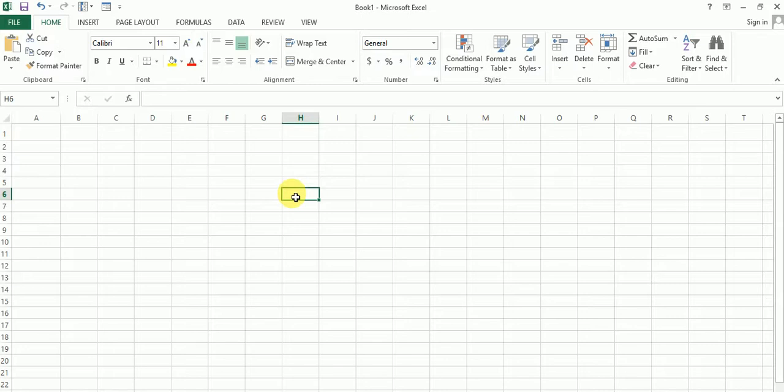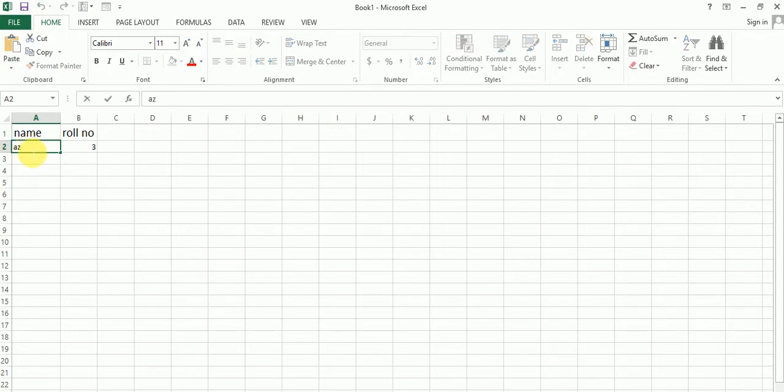A column in a database that has only one type of data is known as a field. For example, roll number and name are different fields. One type of data means what? Suppose the first column heading is name, and the second column heading is roll number. You enter your name, suppose A to Z, and roll number is 4. In the name cell you enter alphabetical values, so it's called one data type.